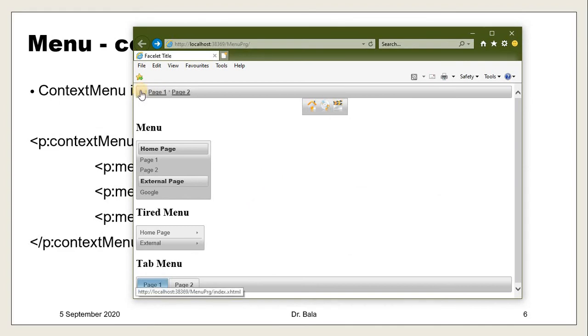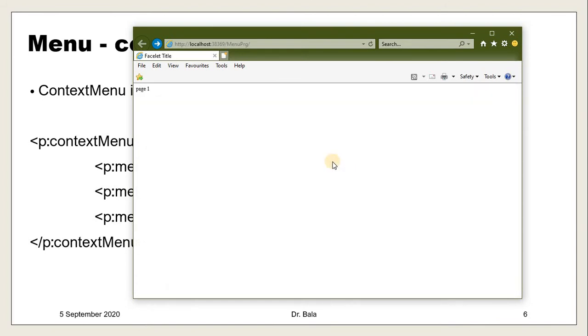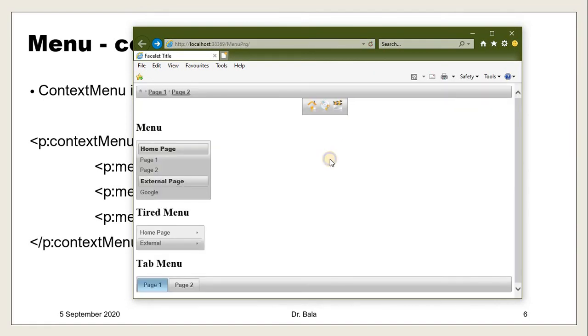You see this is a home here, but the home text was not appearing, only page 1, page 2 were appearing. But now if you right click, you can see page 1, page 2, home. If you click page 1, the same thing happens, page 1 is opening. I have not designed page 1 and page 2 well, just for our understanding only I am making it. So right click and we are able to access our menu.